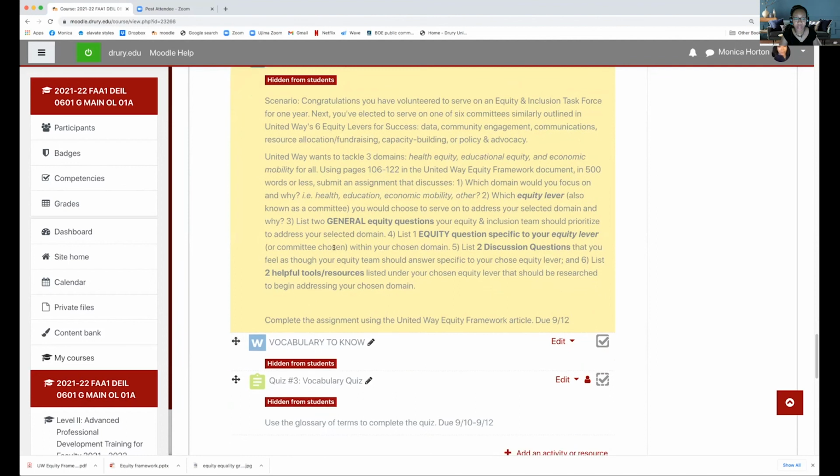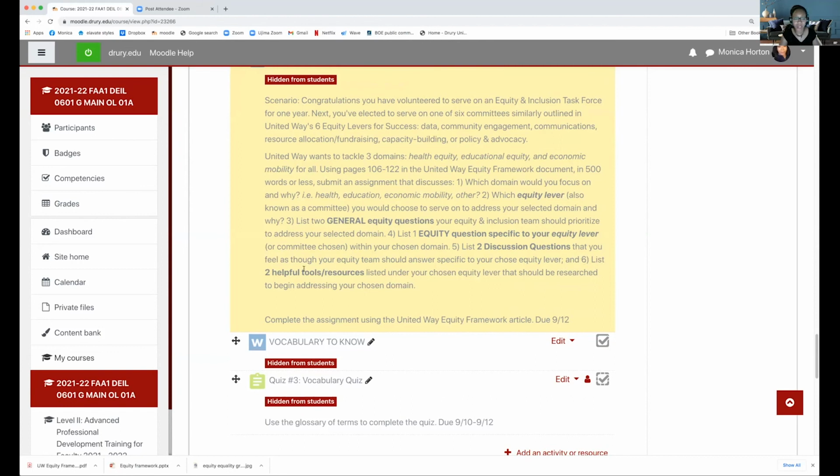Number 3, I want you to list 2 general equity questions that your equity and inclusion team should prioritize to address your domain. Number 4, I want you to list at least 1 equity question that's specific to the committee that you chose within your domain. And number 5, list 2 discussion questions that you feel as though your committee should answer specific to your chosen equity lever or committee.